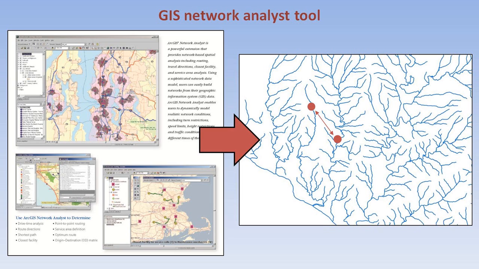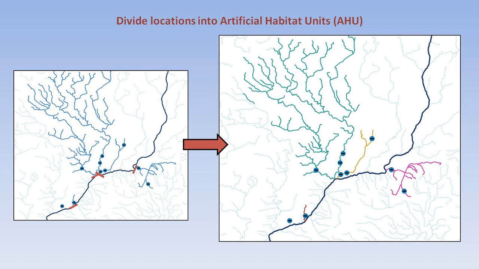Well, we wanted to test this idea, so we used a modified transportation tool in ArcGIS called Network Analyst, and we applied that to stream networks and said, can we measure the connectedness of any 2 points, knowing that there might be barriers in between those points? And so we started with the map like there on the left, and then we wound up, when we ran that through ArcGIS, like what's there on the right, and we call these different areas in which individual populations occur